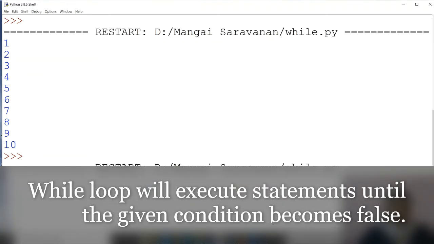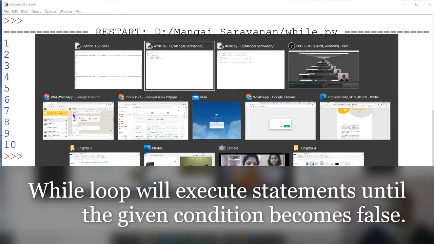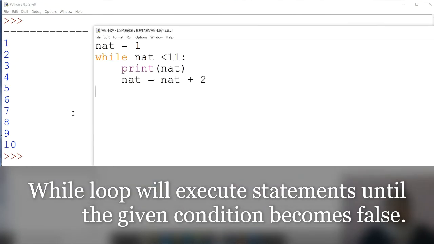And if you want to display even numbers, what should be here? It should be 2 here. You have to take the initial value of the variable as 2. This NAT, I have given the name; you can give any name as you like. Got it? So NAT is equal to 2. While NAT is less than or equal to 11, print NAT.